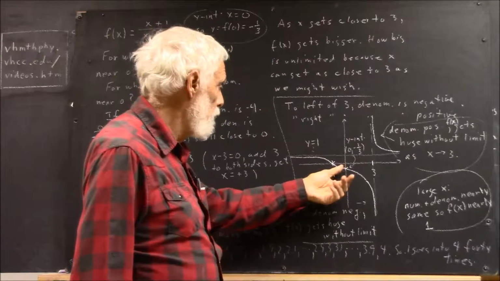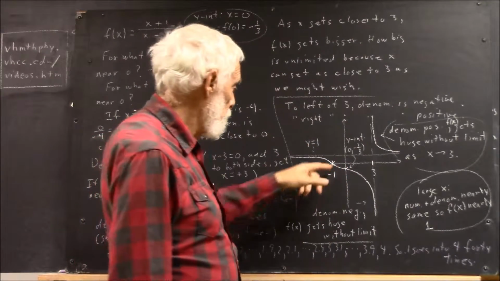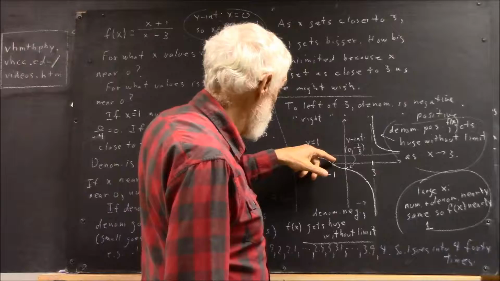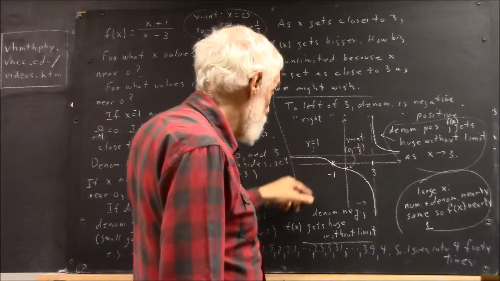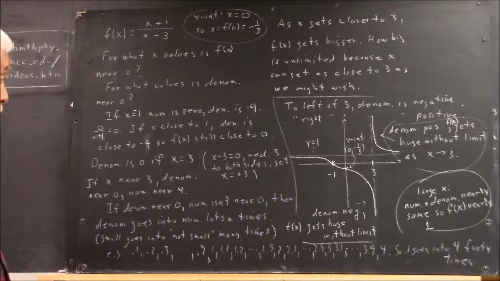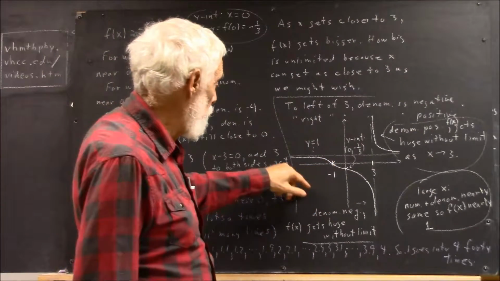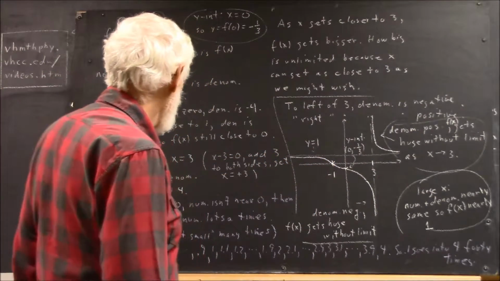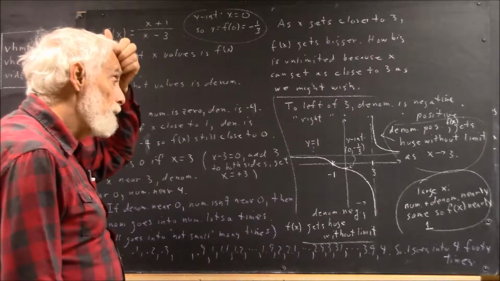Now what does it look like as you go to the left of negative 1? Does it go up like this? Does it maybe just touch here and turn around and go down? It could do either for the right function. It could touch here, turn around, go down, and then come back up. But in this case,